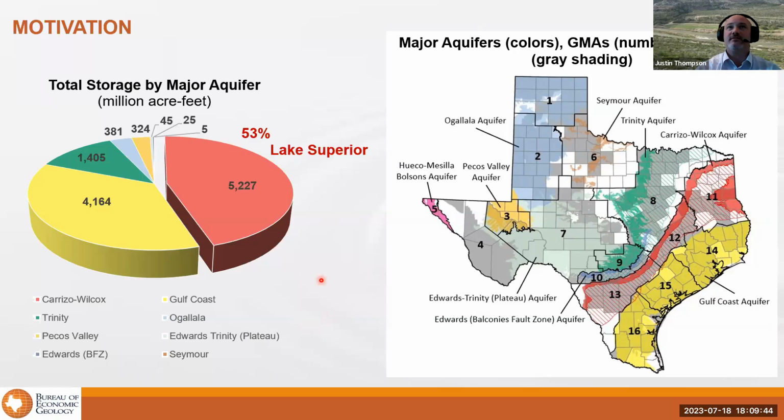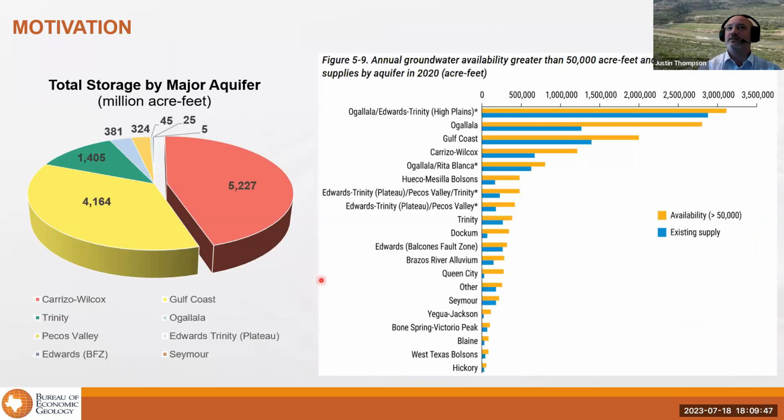So let's come back to this question of availability and supply. Here again, lifted from the state water plan, are the leading sources of groundwater in terms of availability and existing supply. They're grouped a little bit oddly, just in terms of how they were modeled, but that's okay. We can still see right there, there's the Carrizo-Wilcox. So Carrizo-Wilcox, that 5.2 billion acre feet of water stored, availability is 1.2 million. And existing supply is a little more than half of that at